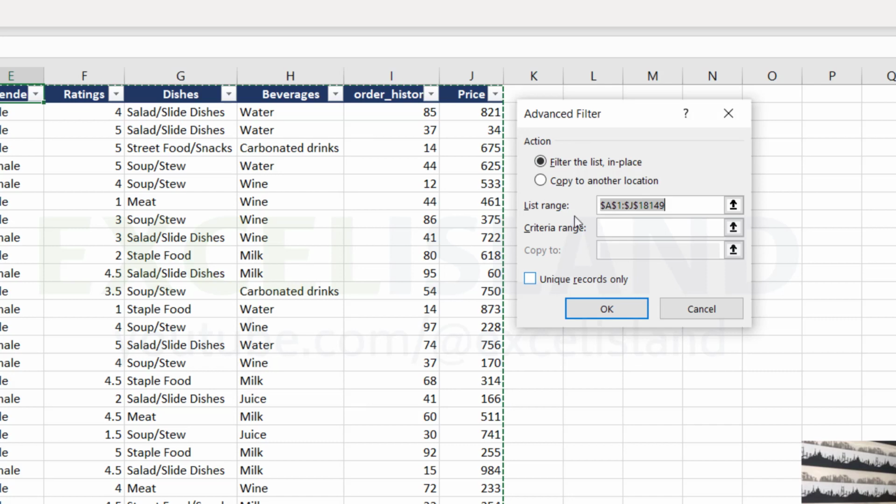If I'm trying to filter this range of data sets, I can filter to this list, to this same sheet, to this selected area, or I can also filter to another location. That means my filtering results will be copied to another location. I'll show you how to do that in a bit. We also have the list range. So the list range is the data sets I want to filter, which will be selected automatically when you click